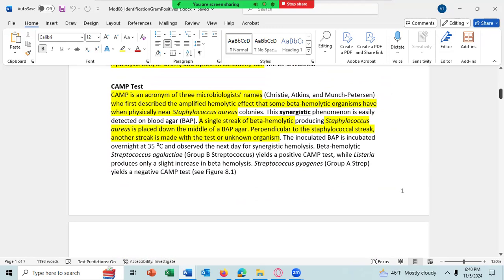The CAMP test was invented by Christie, Atkins, and Munch-Petersen, and CAMP is just the acronym of the three microbiologists' names. C for Christie, A for Atkins, and then MP for Munch-Petersen. They first described the amplified hemolytic effect that some beta hemolytic organisms have when they're physically grown near Staphylococcus aureus. You do a single streak of beta hemolytic Staphylococcus aureus down the middle of a blood agar plate,